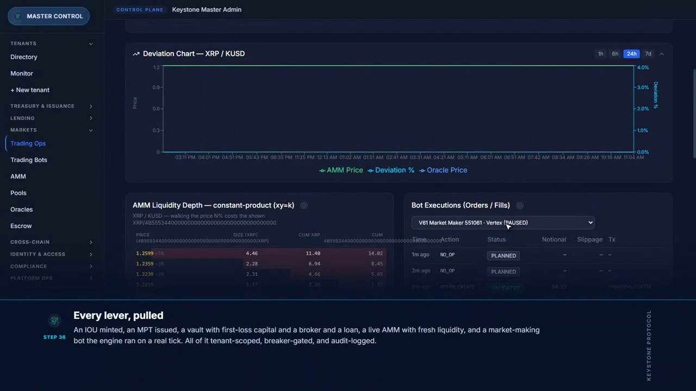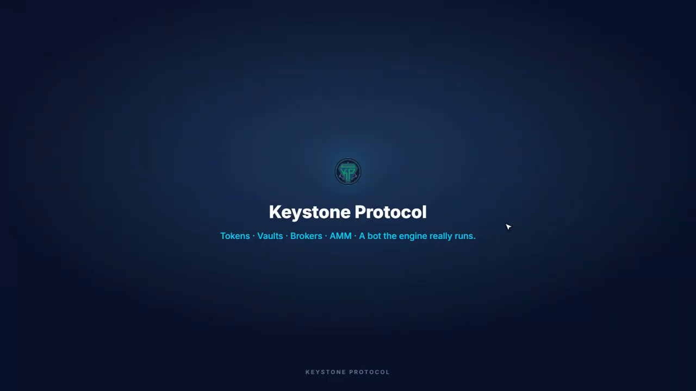Every lever pulled. An IOU minted, an MPT issued, a vault with first loss capital and a broker and a loan, a live AMM with fresh liquidity, and a market-making bot. The engine ran on a real tick. All of it tenant scoped, breaker gated, and audit logged. Keystone Protocol. Tokens, vaults, brokers, AMM. A bot the engine really